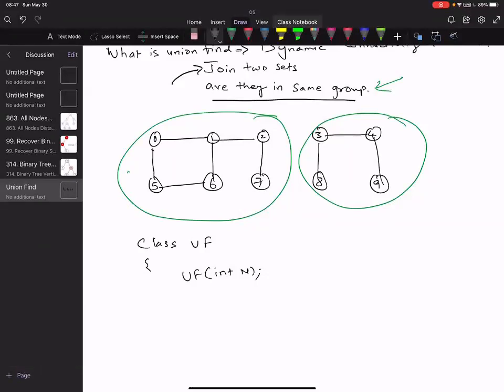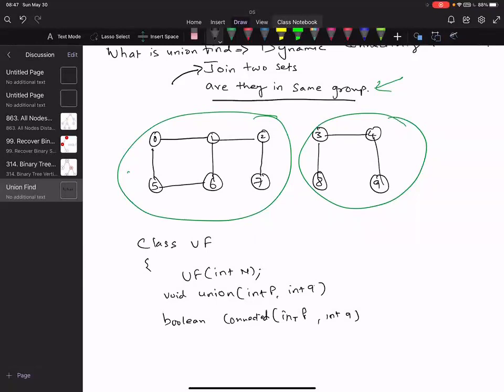Another one is a method that returns nothing and takes 2 parameters, the union method, that you use to connect node P with node Q. And another one is connected, or isConnected, whatever we want to call it, that returns a bool whether the given two nodes P and Q are connected.